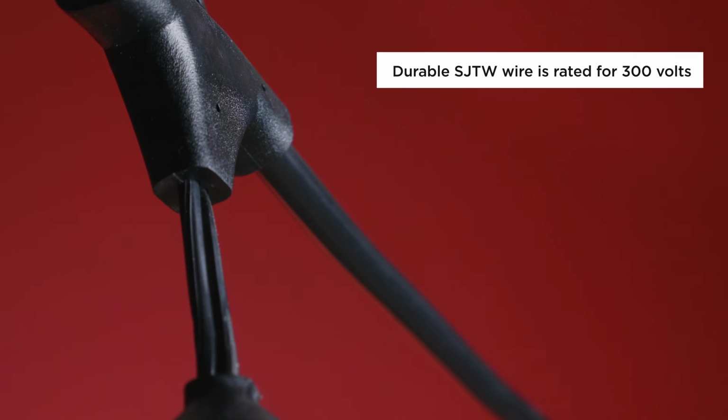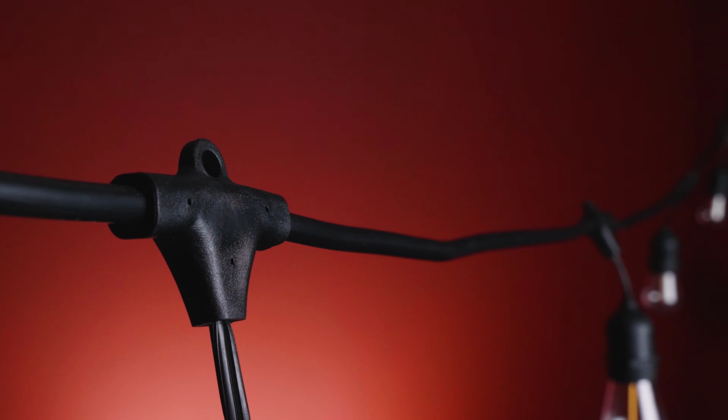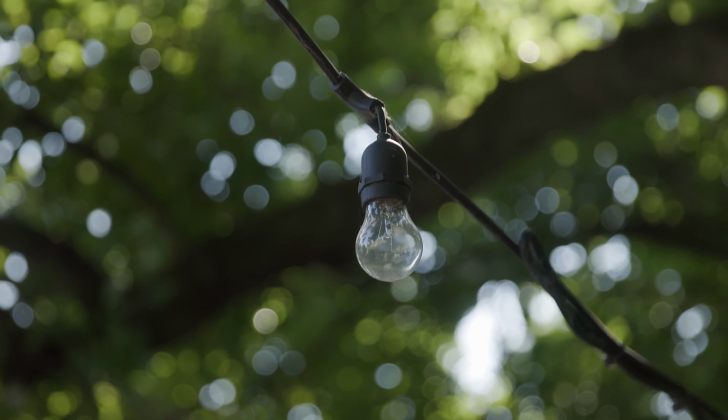Each stringer is made using SJTW wire, a durable thermoplastic cable that is rated for 300 volts. This weather-resistant wire is engineered to resist water and abrasion, making these stringers ideal for both daily and long-term